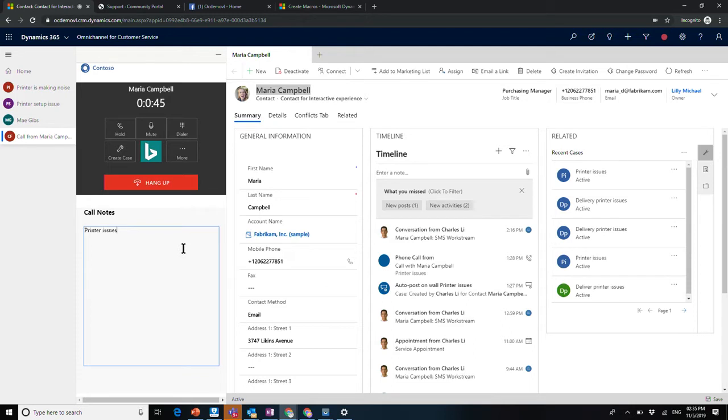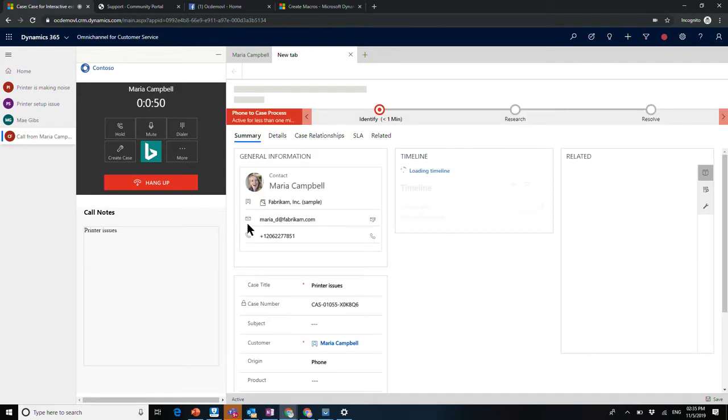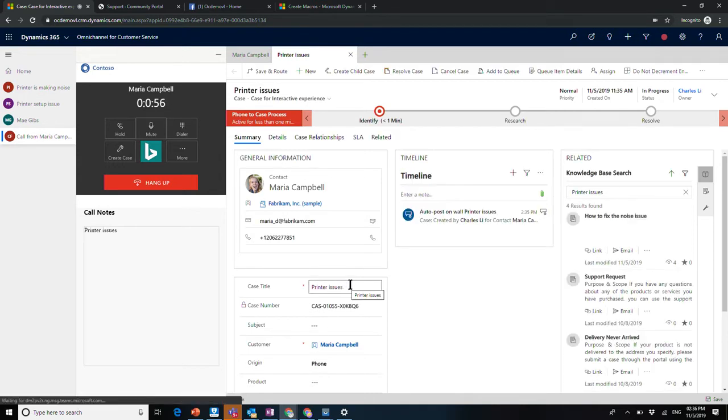Here, let's say I take a call note, and I do a simple button click, create case. This is what we call automation, powering the automation of macros inside this. What automatically happened is the contact was linked to the case. The title "printer issues" was taken from here, and the case number was assigned. The customer was automatically linked. The origin was phone automatic. So a lot of things have been passed from the context of the provider to the CRM, and this is the API set.